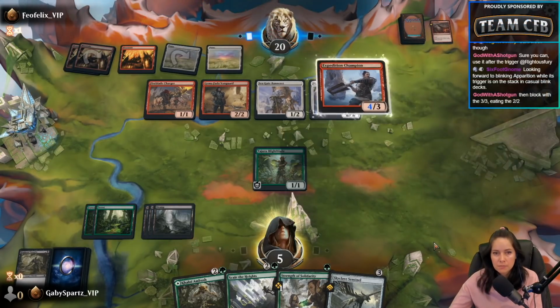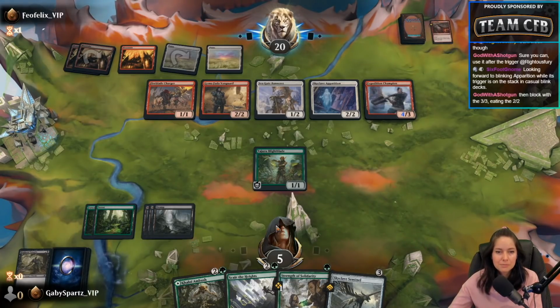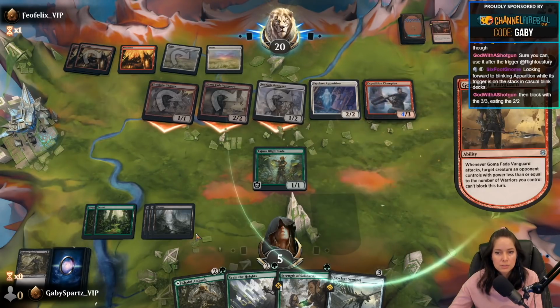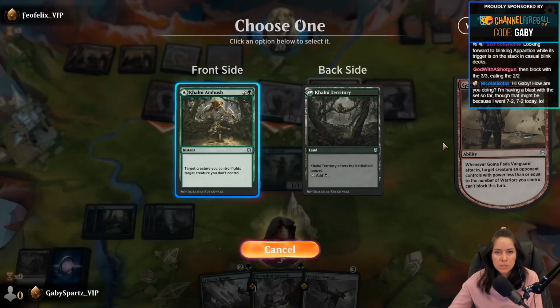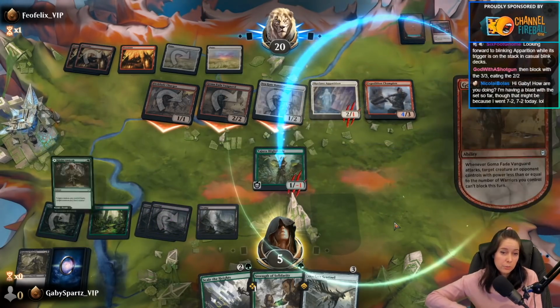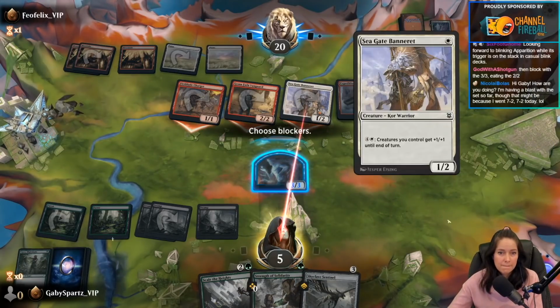Sure. That's a problem for not right now, but later. Yeah, I think we'll be okay here because we do get to... Sure, it's targeting it, so we can go ambush. This. Target creature you control, target creature you don't control. Get a 3/3 back. And then...